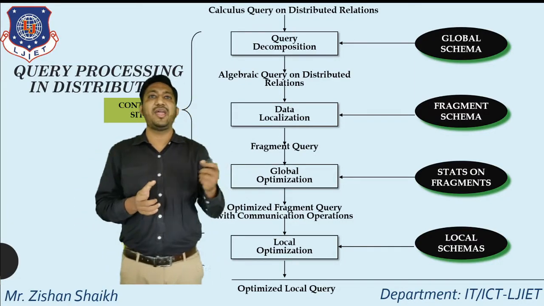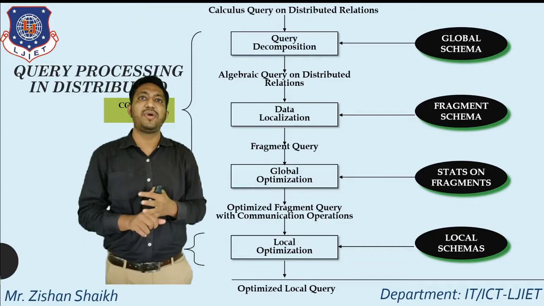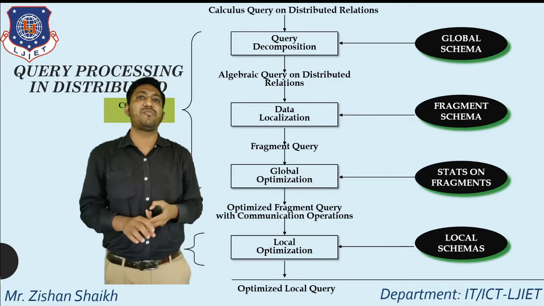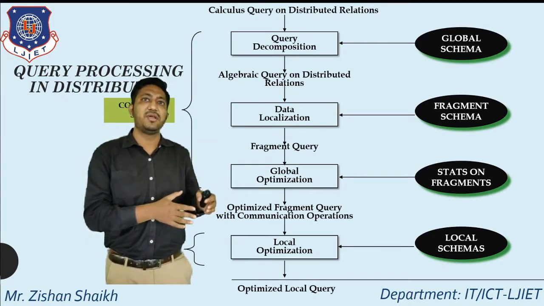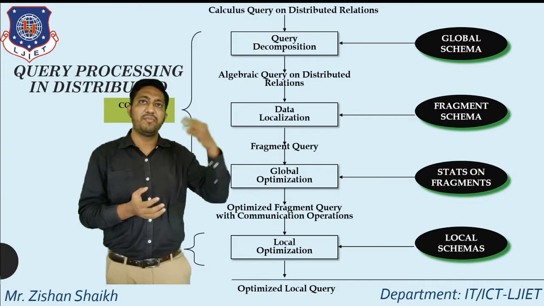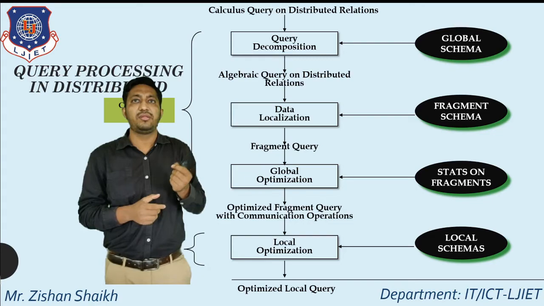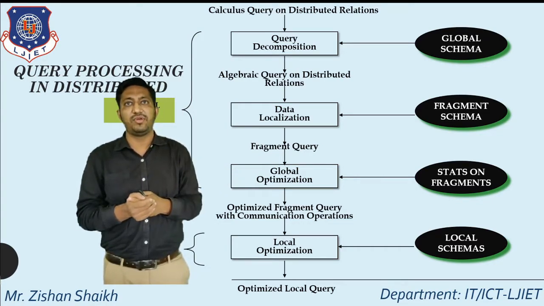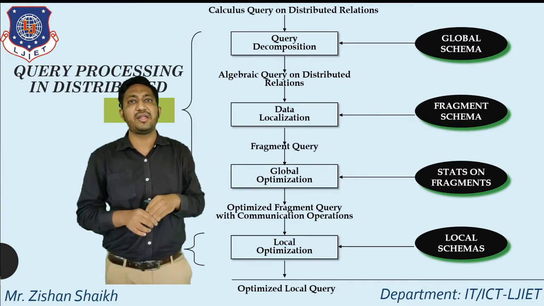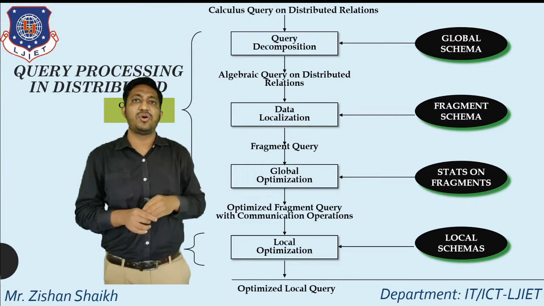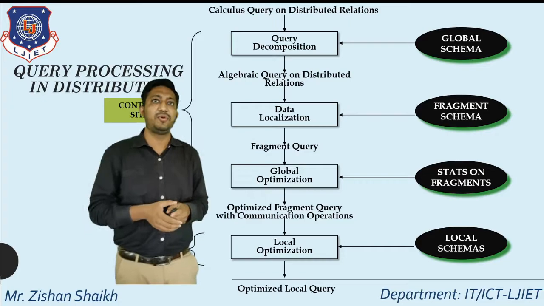For example, take any MNC. MNCs are placed in different cities, for example Mumbai, Ahmedabad, Bangalore. The database of all the employees working at a particular place may be stored at that place, but the central database of the company will be maintained from some other place. So how exactly is data flowing? That flow is known as distributed flow. If an employee of Ahmedabad city is requesting data which is available at the Bangalore site, how exactly is the query processed here? That will be covered in the distributed scenario.